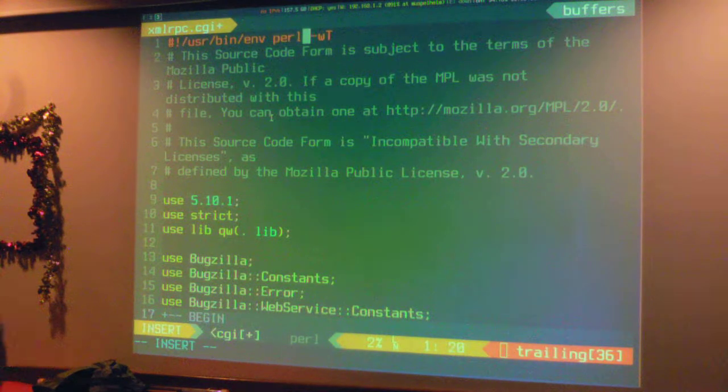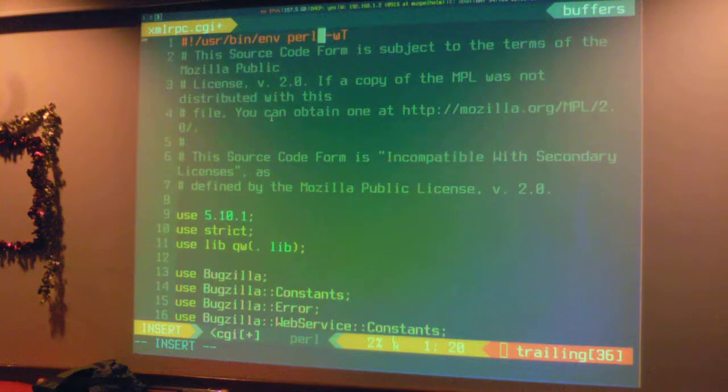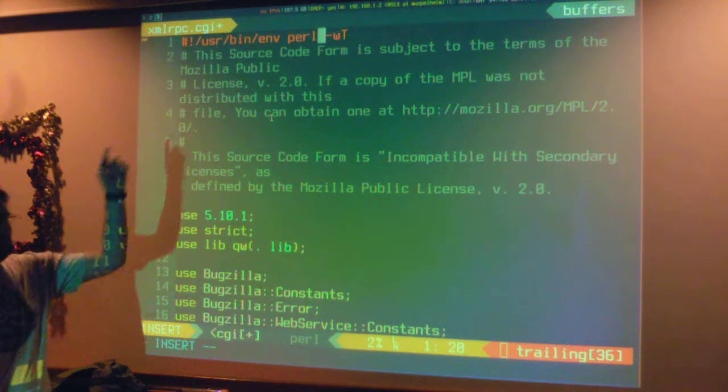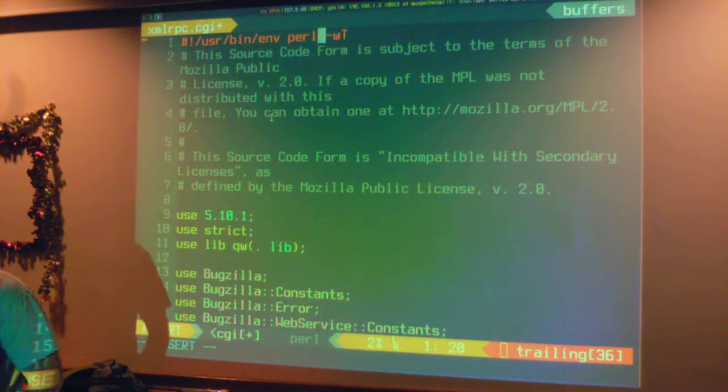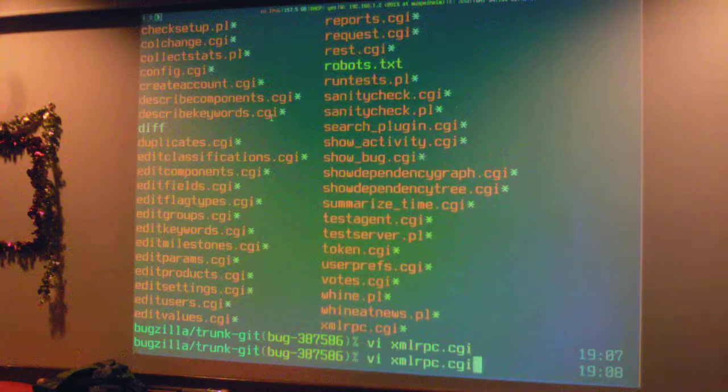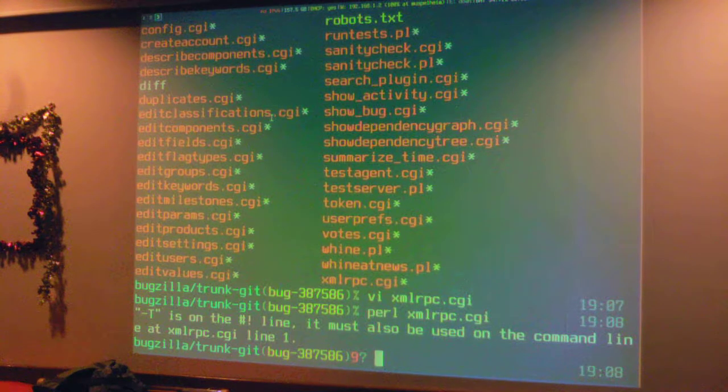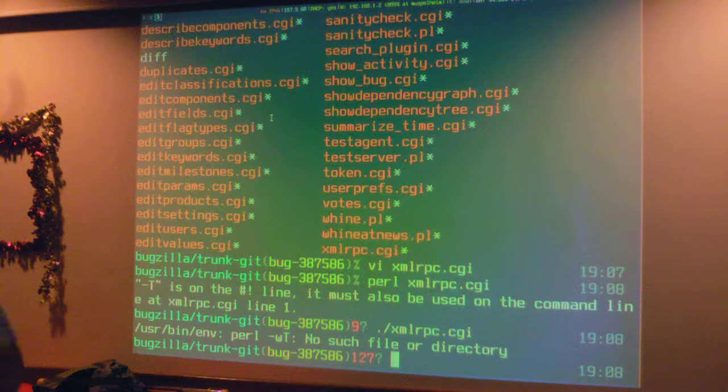The problem is it only interprets the next section as an argument, so it actually tries to pass "perl -wT" to the env process, which does not work. Can't you just quote it? No, it doesn't. It's not smart enough. Oh, that will work, but I'm not executing it. I need to do it that way. Yeah, see, perl: no such file or directory.